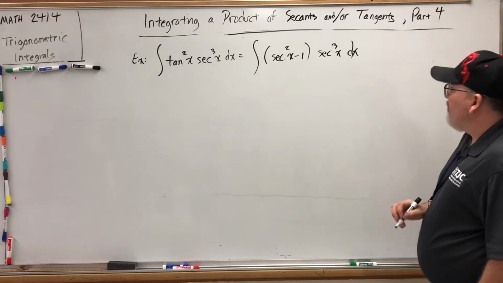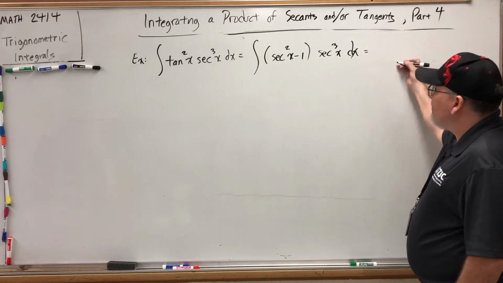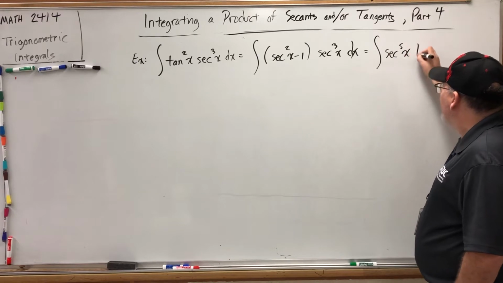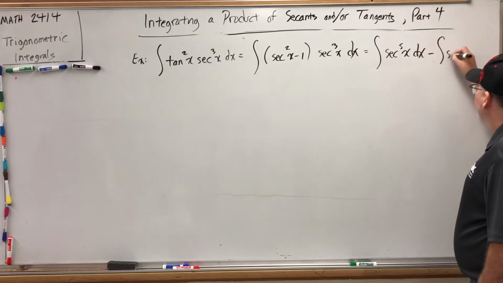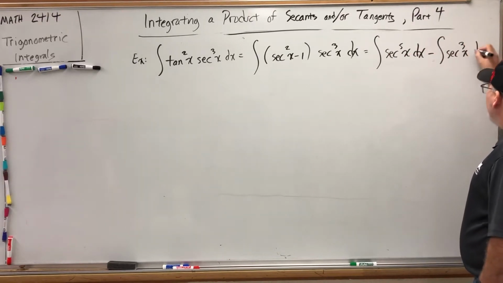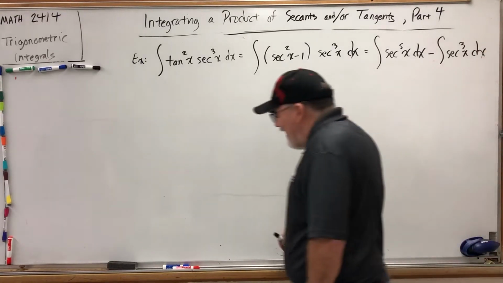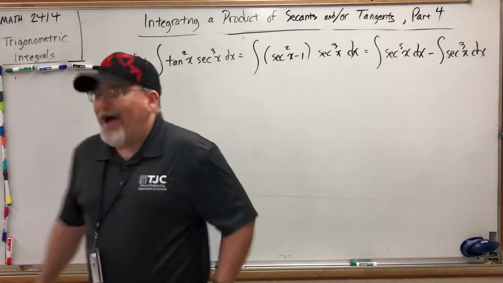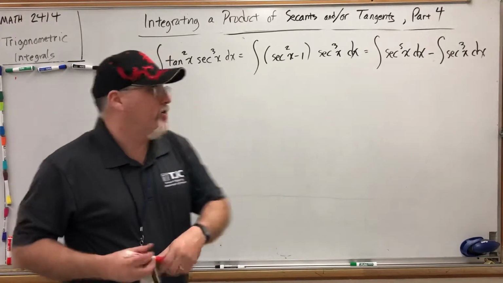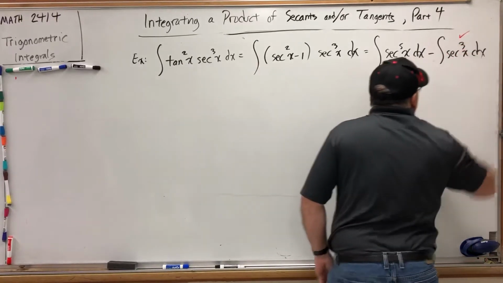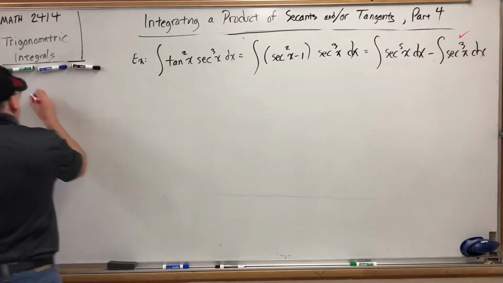And if I distribute the secant cubed and split this into two integrals, I get the integral of secant to the 5th x dx minus the integral of secant cubed x dx. I know this one. We did this in the last video, and it's not uncommon to say, oh, I'll use a prior result to create a new result. So let's go ahead and put a check on this and go to the side